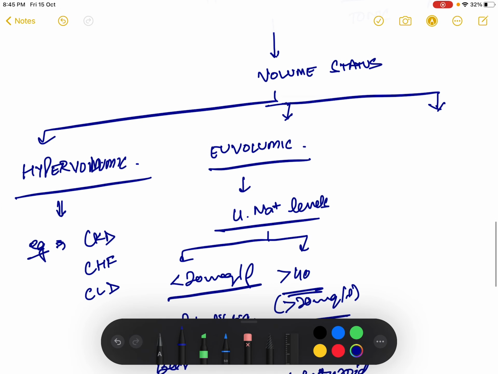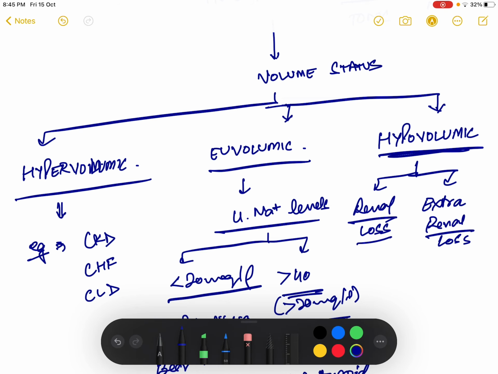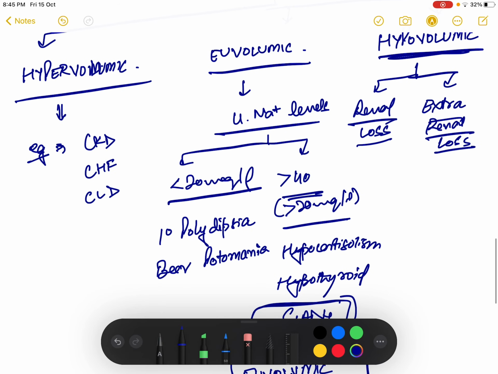Third category is hypovolumic, that is patient is dehydrated. Now that means patient is having excessive loss of sodium and water. Now the excess loss can be via the renal route, or it can be via extra renal route. So there can be a renal cause of hypovolumic hyponatremia, or it can be an extra renal cause. So renal cause, it can be use of thiazide diuretics,